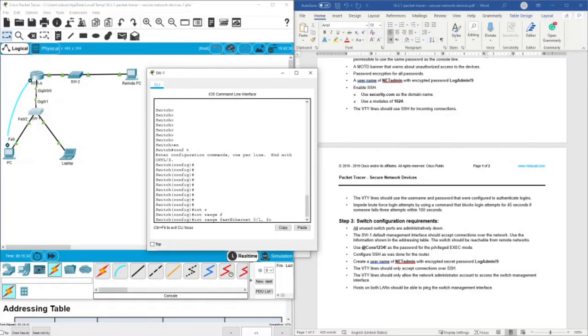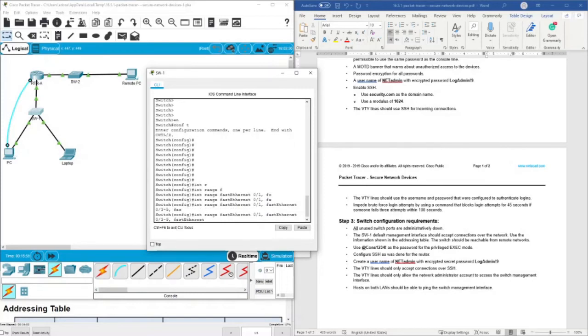So fast Ethernet 0/3 till 0/9, because the others are still needed. So from 3 till 9, sorry, and then fast Ethernet from 0/11 till 0/24 plus Gigabit Ethernet,